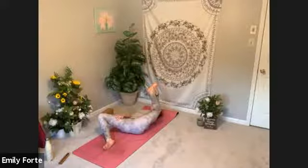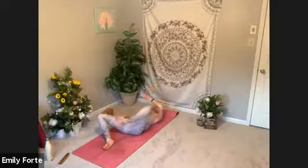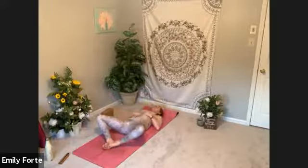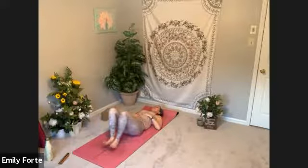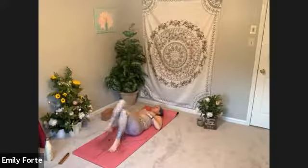Noticing the sensation in your body. Inhale. Exhale, release. Wide bound ankle, full breath in, full breath out. Lift your knees back up to 90, soles of your feet on the floor, and pull both